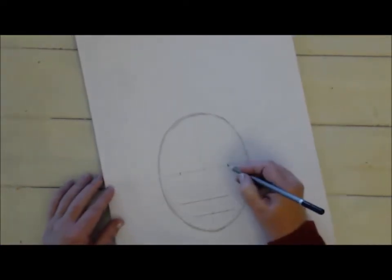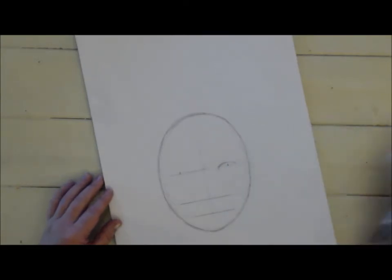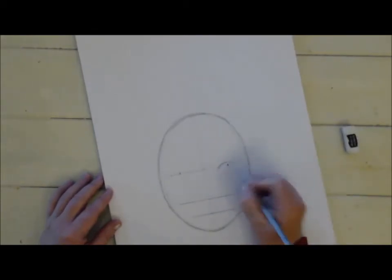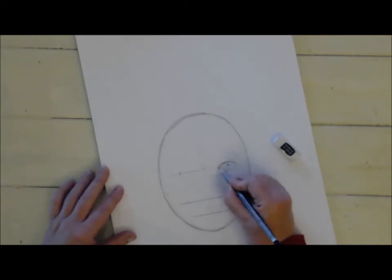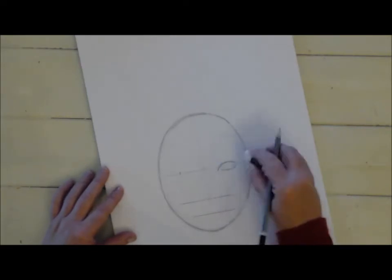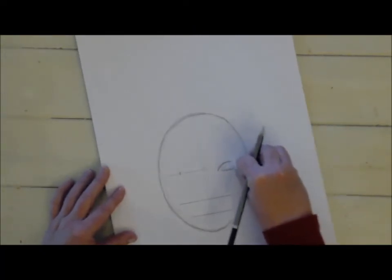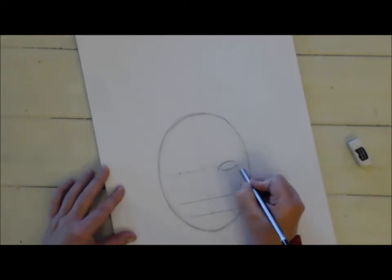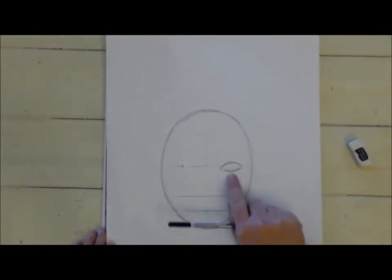Okay, so I've got the center line there, and I am going to start drawing sort of like a cat-shaped eye. So now I've got one eye down,